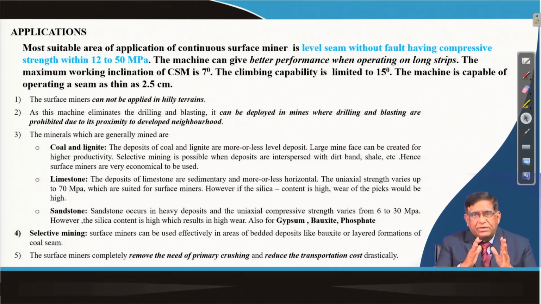So, that means you can downsize the manpower, which will add to your profit. So, there are a lot of advantages of these machines. Now, as I said, it has limitations with the range of the uniaxial compressive strengths. However, it can work in most minerals like coal and lignite, it can work in limestone, it works on sandstone, and we also tested its work in Nalco's Panchpatmali mines. Even in bauxite it could work with one variety of machine we studied there earlier.